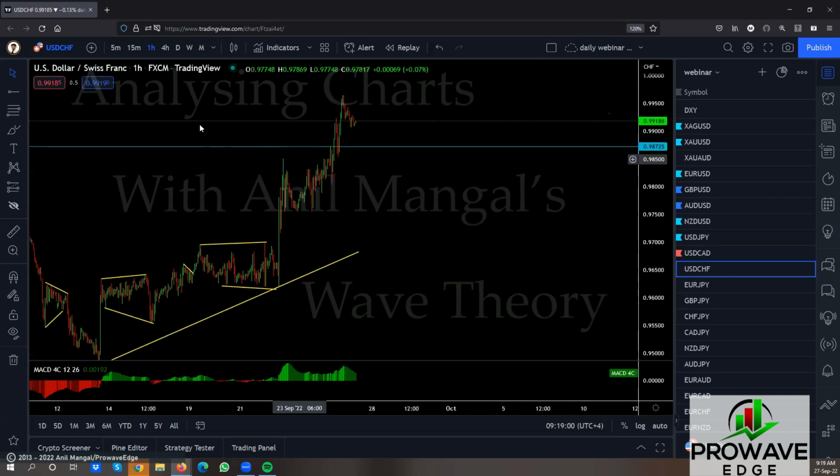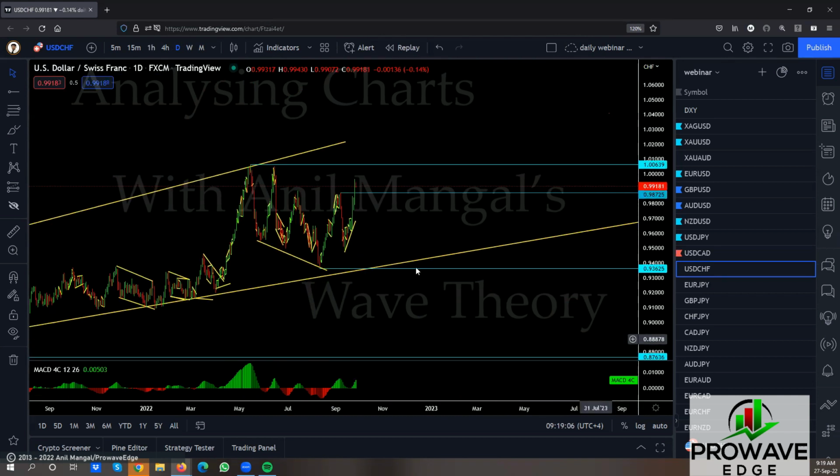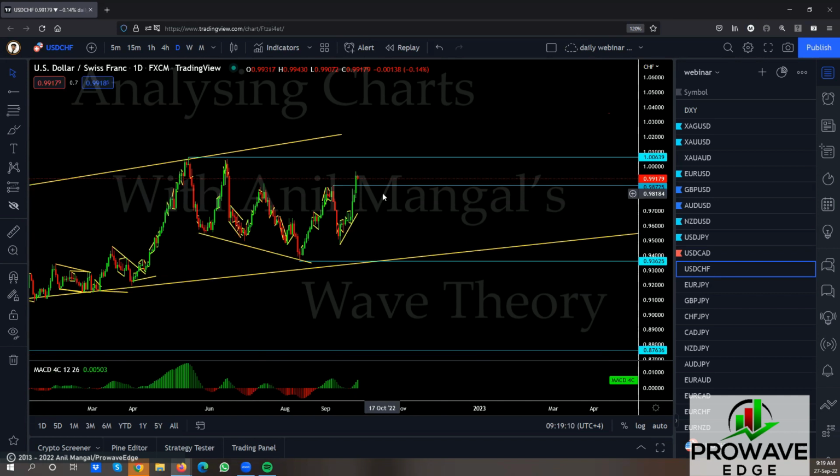Swiss, let's see where we are. We're above the top on the Swiss. I think this one is straight because this move is sharp. It's really, really sharp. And when it's really sharp, like all these moves are sharp, see? They're all really, really sharp. Not making quite a lot of sense right now. I can't even see the contracting flats in them. So we'll wait to see what this does.